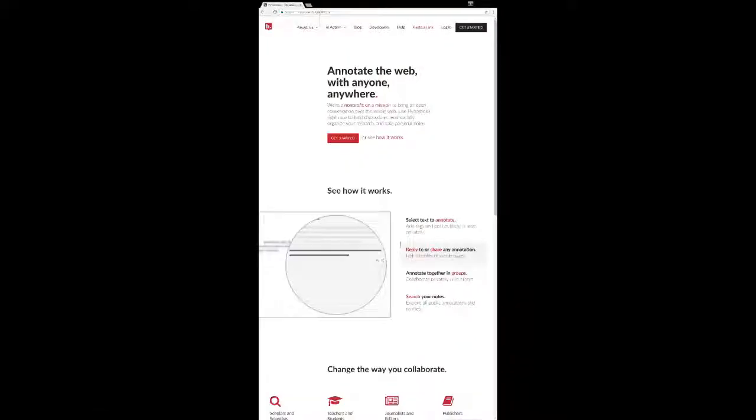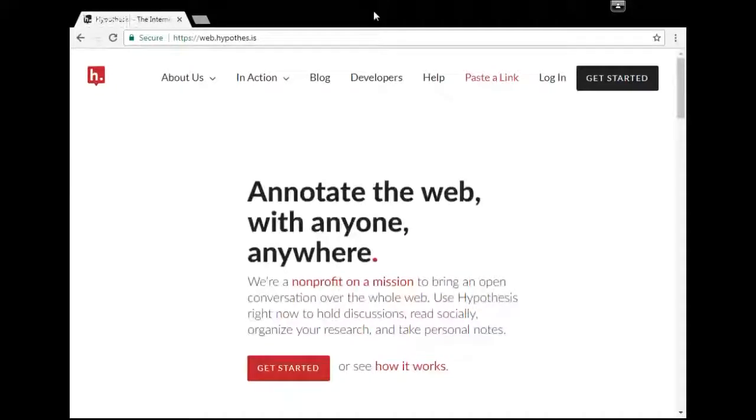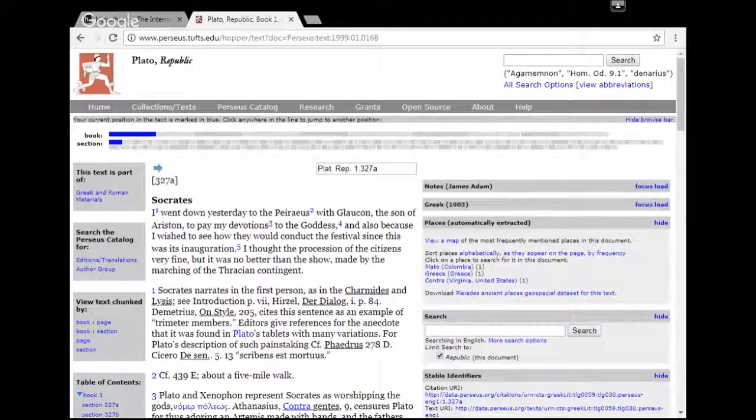I may not have installed the plugin in Chrome, so it may be that it won't work at all anyway, but let me try that again. Where's Chrome? Here. Okay. Reduce the size of the page. Okay, you're now seeing the page. That's good. It'll take me a minute to open all the other pages that I had open in Firefox, but what I was going to suggest was, by way of demo, to open the same passage we were just looking at in XML earlier, the first paragraph of the Republic.